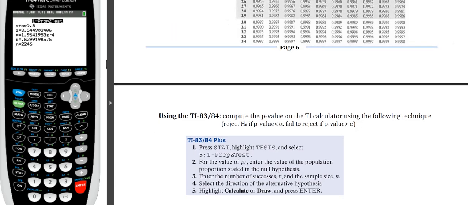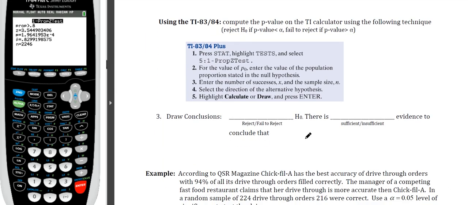And we're going to put that down here in our conclusions. Because the p-value was less than alpha, we reject the null hypothesis, and there is sufficient evidence